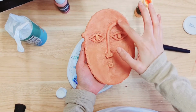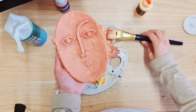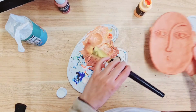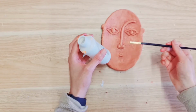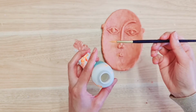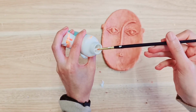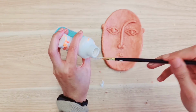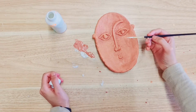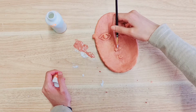Now I am going to add a little bit of white just to the features to bring them out a little bit, and also again just so that it can go with the other two decor that I have made. So if you choose to add some white to it, you want to take a thin fine paintbrush that's pointed like this and literally just put it in the paint bottle itself. I don't know if this has dried fully, but I don't have patience, so